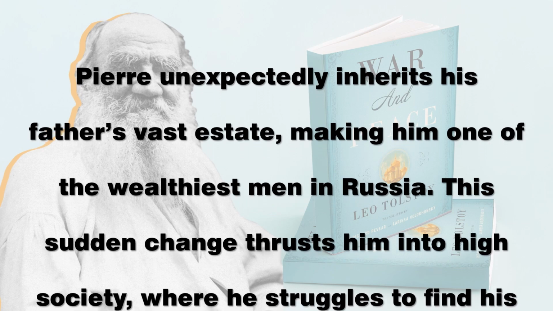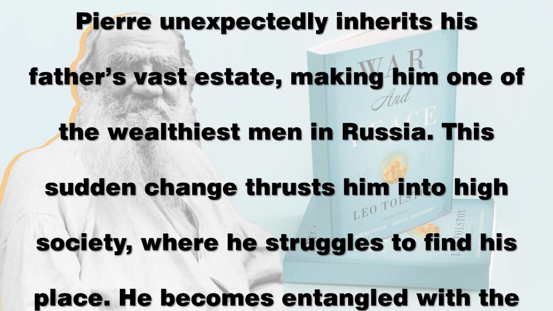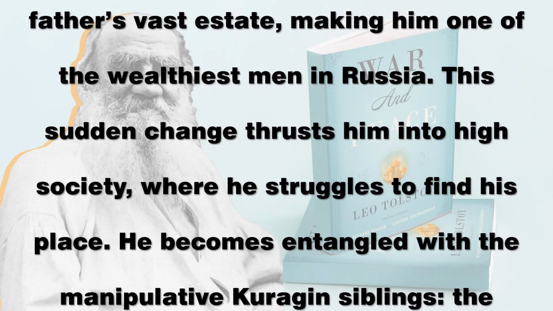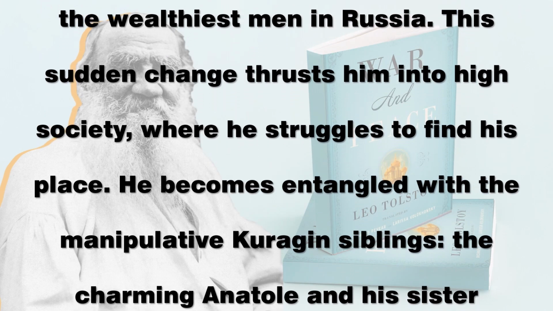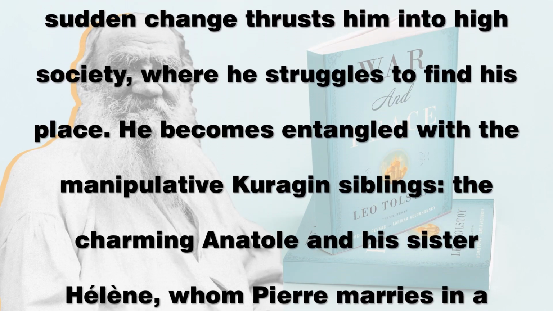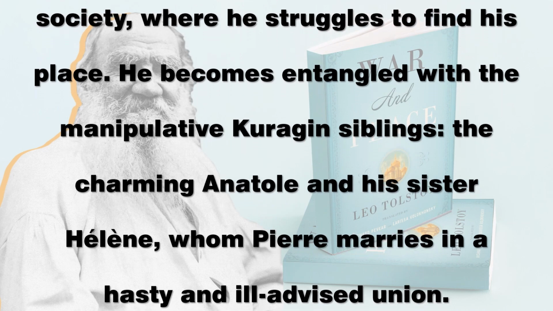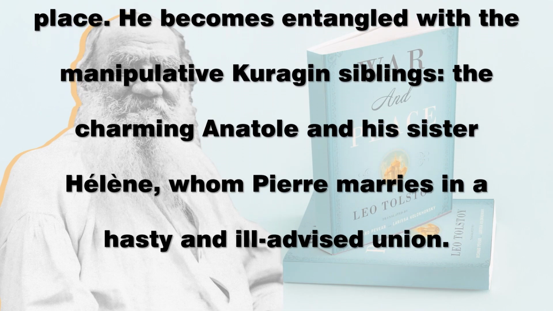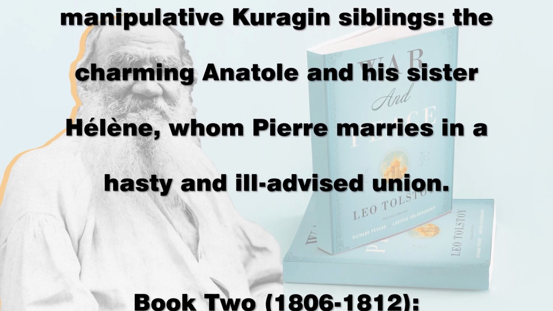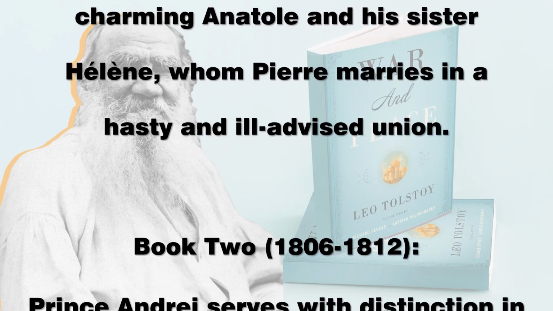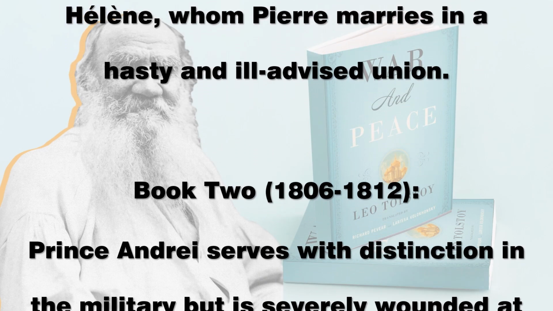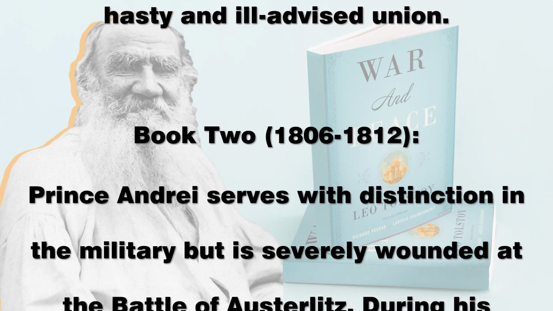Pierre unexpectedly inherits his father's vast estate, making him one of the wealthiest men in Russia. This sudden change thrusts him into high society, where he struggles to find his place. He becomes entangled with the manipulative Kuragin siblings, the charming Anatole and his sister Helene, whom Pierre marries in a hasty and ill-advised union. Book 2,